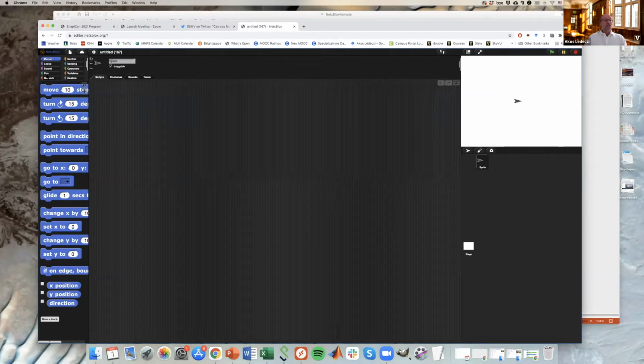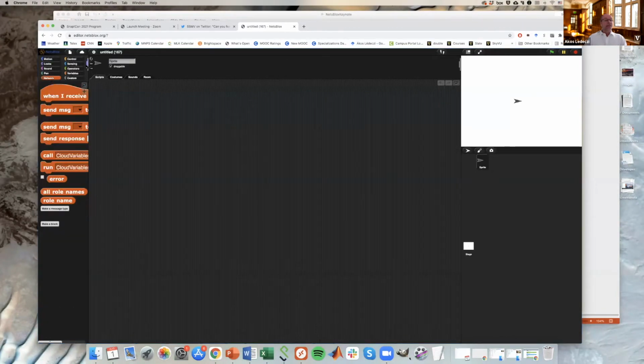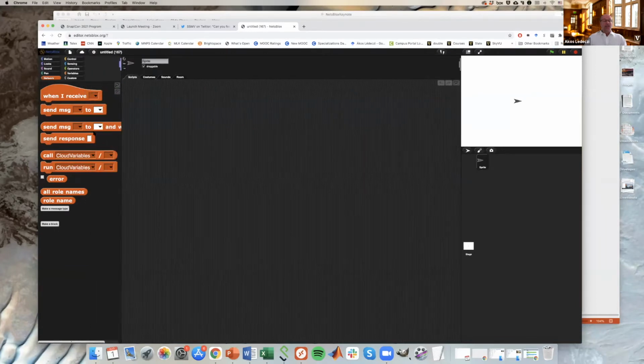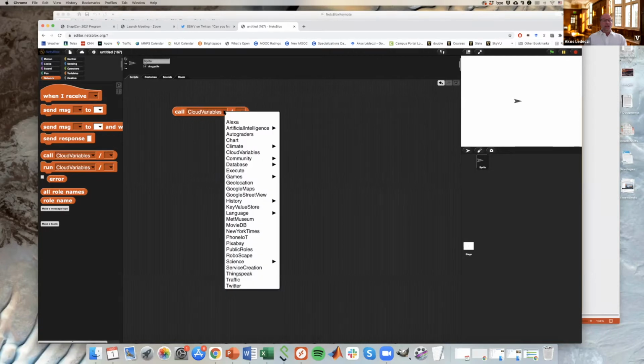And specifically, if you look at here, there is this network tab. And I guess there are a little more than 3 blocks, but really 3 main blocks. The rest is kind of just extra syntactic sugar on top, but basically it's just these 3 blocks that we need. So let's look at the call. Okay, so first of all, when you pull down this menu, you see all the services that you have access to. Some of them have submenus like climate change and AI and stuff like that. So let's just pick one.